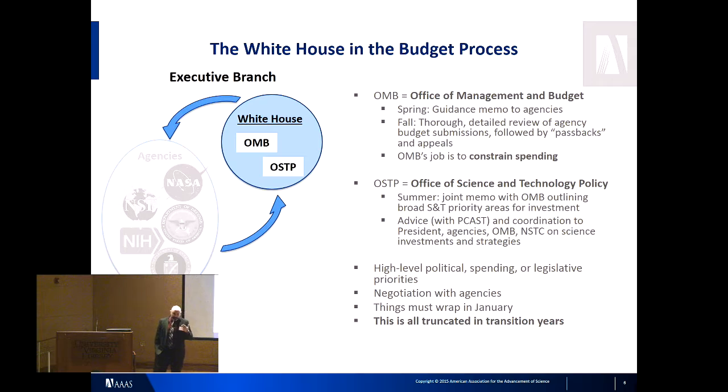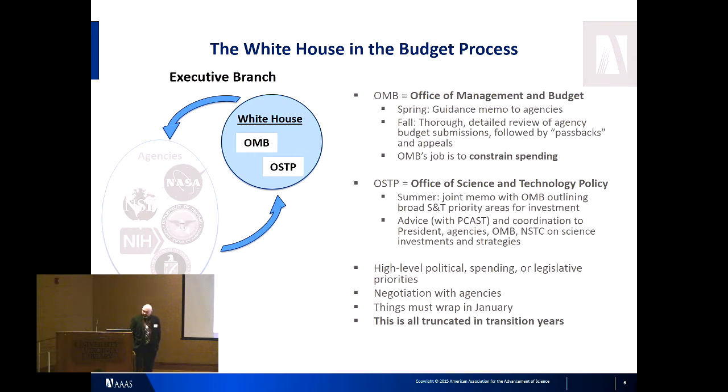OSTP's power is more about influence, building collaboration with the agencies. They're a source of advice, a source of guidance. OSTP oversees PCAST, the President's Council of Advisors on Science and Technology, when there was one, and the National Science and Technology Council, et cetera. OSTP basically serves a coordinating function, coordination and advice. And they also are able to have some influence. The most specific form of influence that OSTP has in this process, I think, or kind of public and formal, is